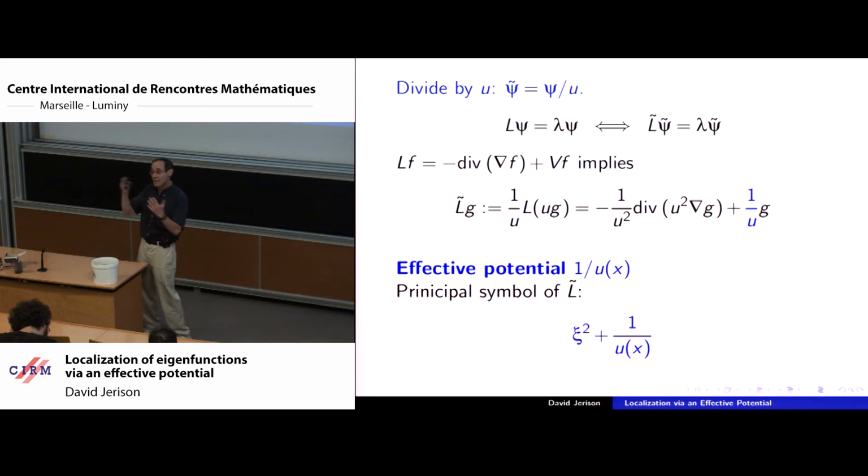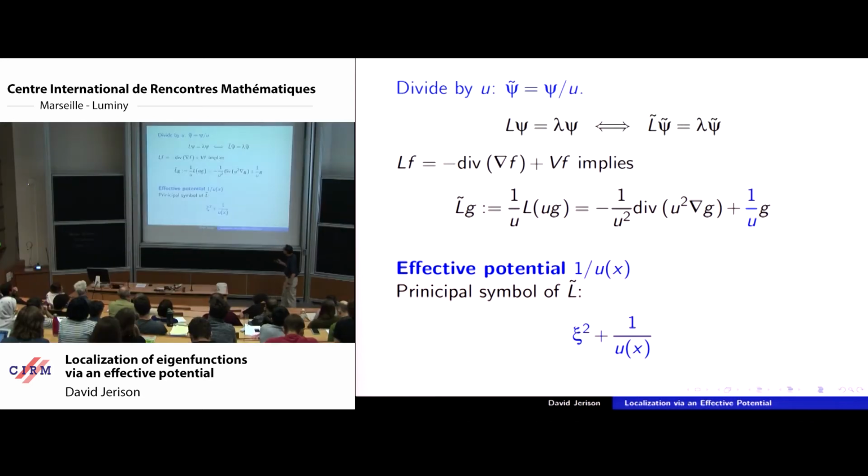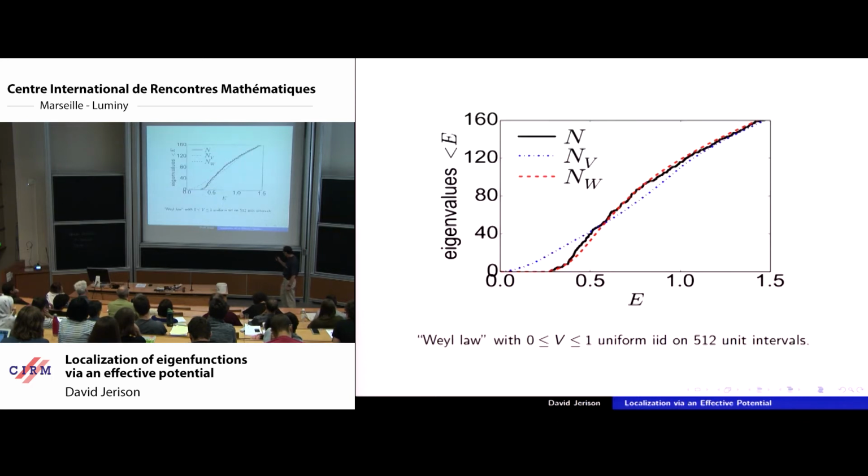So it's basically the opposite of the Weyl law, but we're going to try it out. Let's see what happens numerically when we do that. We'll just do it with one-dimensional experiments, and here's one of the first ones that we did. You have a potential with minus d by dx squared plus v.